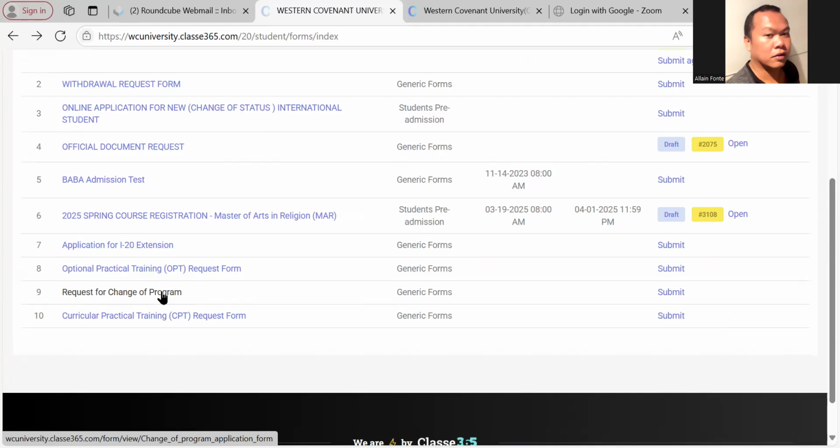Or if you are a graduating student, your I-20 is about to expire and you have already completed the credit units required to graduate, but instead of applying for an OPT, you want to apply for a new program. So you will still have to fill out the request for change of program. Now,